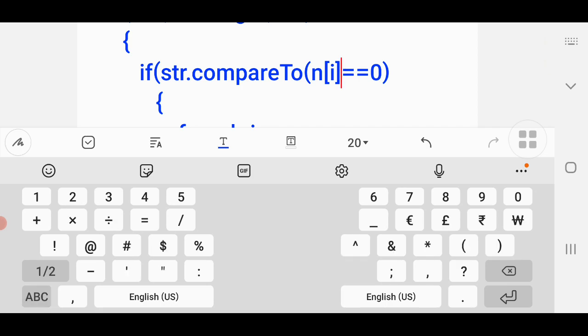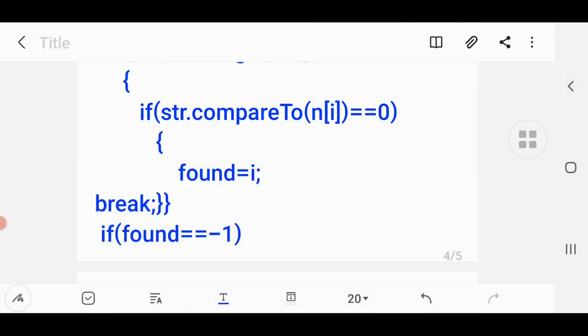So students, here when the str which you are looking for and n[i] are the same, you have entered the name of the student, then it has to be matched with the names stored in the array n. When they are the same, means equal, double equal to 0, then found will have what? i.